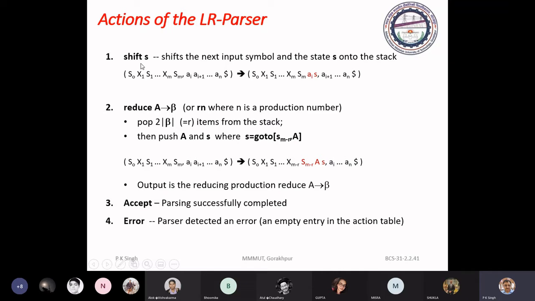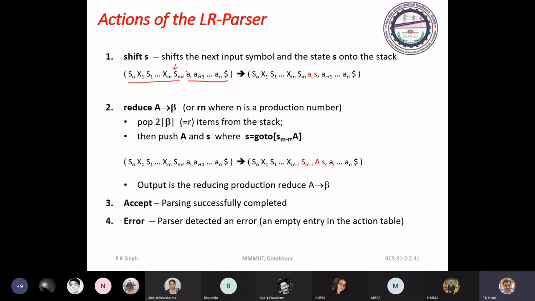If the action is shift S, then the current symbol pointed by the input pointer from the input buffer is shifted onto the stack, and this S will be the next state. Just see the configuration. This is the content of the stack and this is the content of the input buffer.